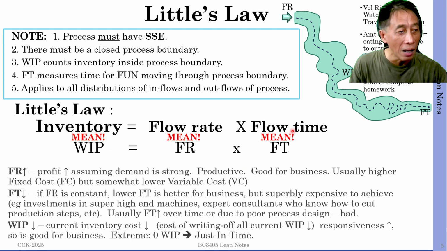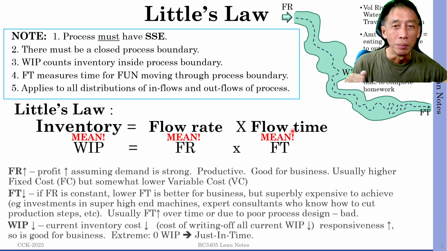It is the average, over a well-defined, sensible period of time. The average of these measurements of flow time, multiplied by the average speed